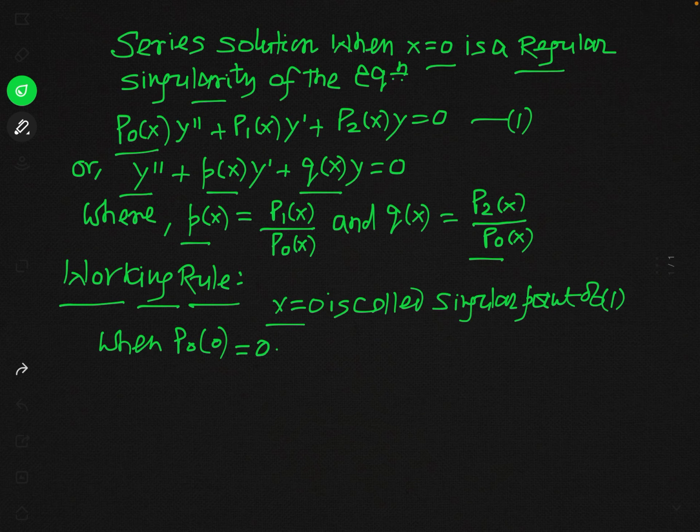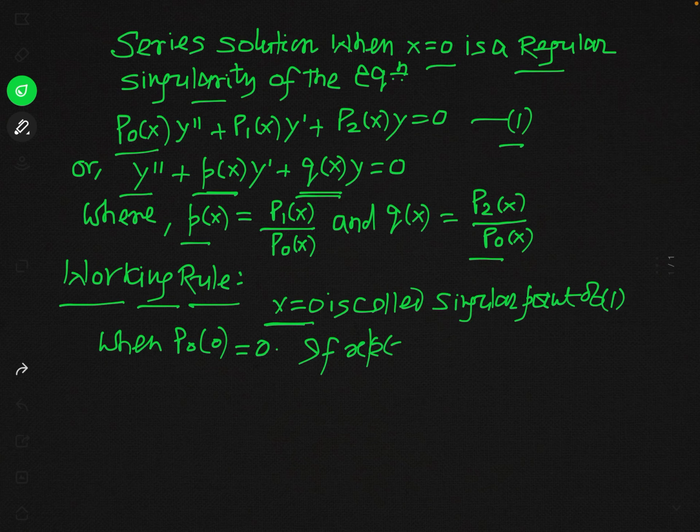So you can see, if we find the derivatives of all orders of x into p of x and x square into q of x, and you find that derivatives of this x into p of x and x square into q of x are found in the neighborhood of x equal to 0, in fact, in that condition, we say that this x equal to 0 is a regular singular point of this equation 1. So what I have told you, if